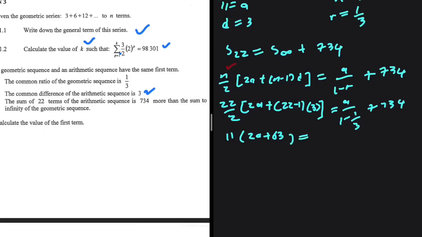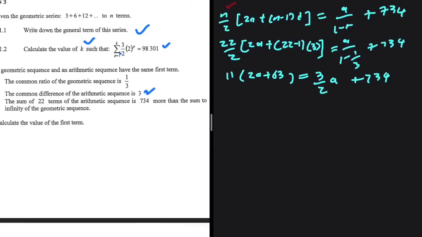This is equal to a divided by... what is 1 minus 1 divided by 3? That is 2 divided by 3. So if we say a divided by 2 divided by 3, we're going to get 3 divided by 2 a plus